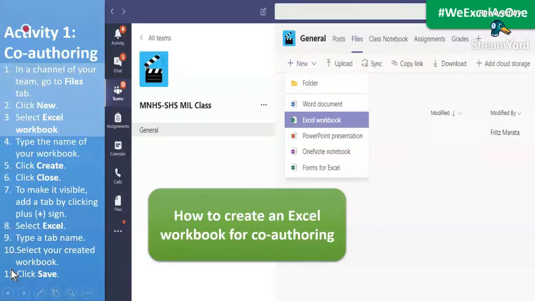Say for example, my team is MNHS-SHSMIL class because I am teaching media and information literacy in our school. So I have here my team, and I only have one channel which is general, and in this channel we will go to Files tab.